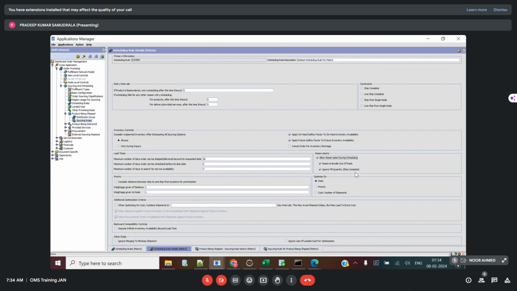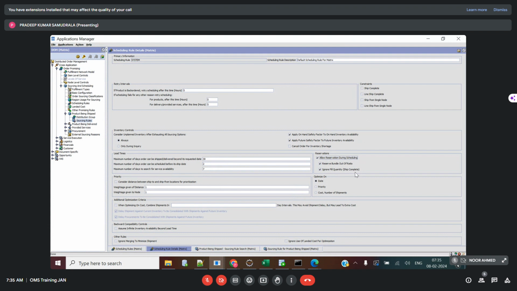In those kinds of situations, whenever we are placing an order, we can make a call to the Sterling order management system called reservation. Just like how you reserve movie tickets, flight tickets, bus tickets, train tickets, here also it is more or less the same. So, whenever you are making a call to the Sterling order management system called reservation,